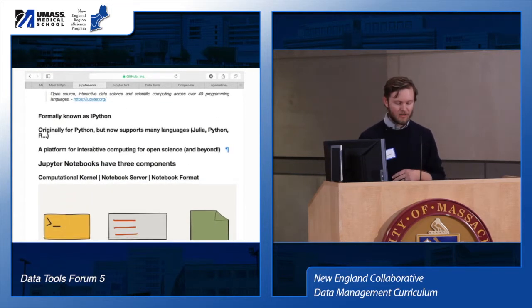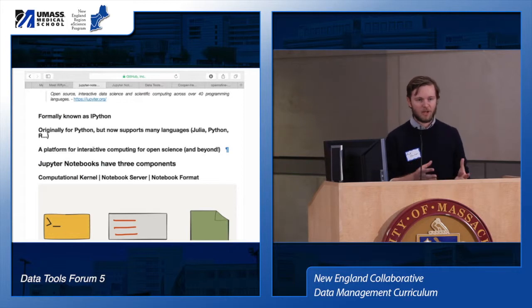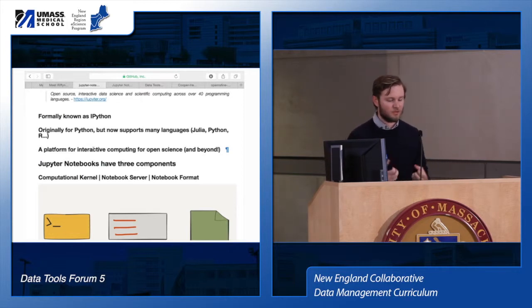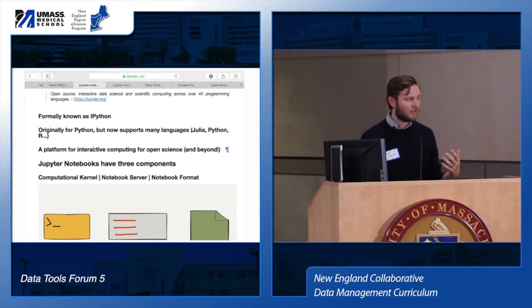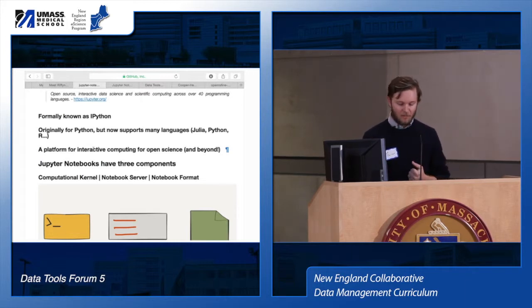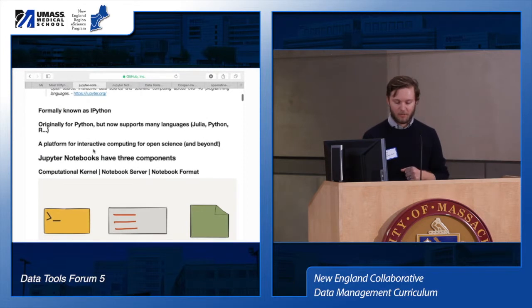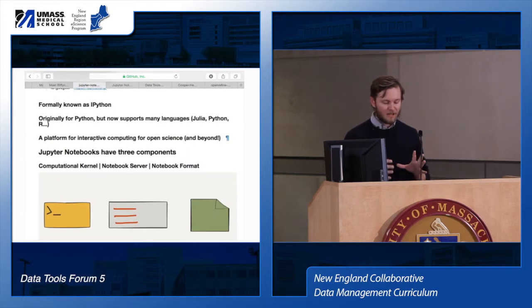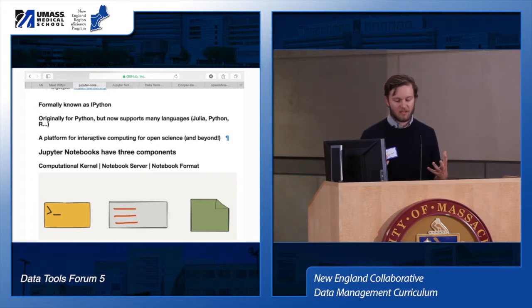And so that's where the name comes from. It used to be called IPython, and now it has evolved into Jupyter, the name coming from the concatenation of Julia, Python, and R, which are the three main languages that it targets. But I'll talk a little bit later about how it can support any programming language that's possible. And basically, they're creating a platform for interactive computing that supports open science,